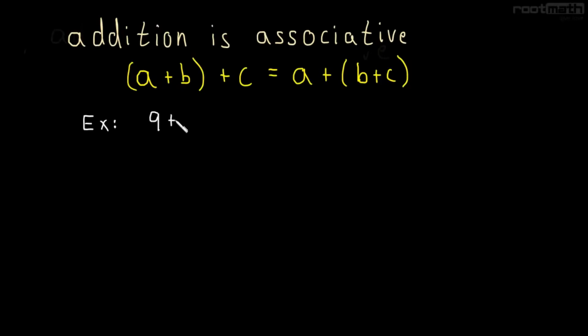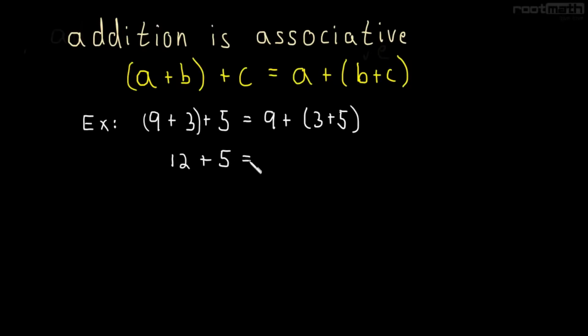So let's see an example. 9 plus 3 plus 5. And we'll do 9 plus 3 as a group. Well, this is equal to 9 plus the group 5 plus 3, or 3 plus 5. So 9 plus 3 is 12 plus 5. And then on the other side, we're going to get 9 plus 8. 12 plus 5 is 17. 9 plus 8 is 17. And so we can see the associative property in action. Doesn't matter where we put the parentheses,